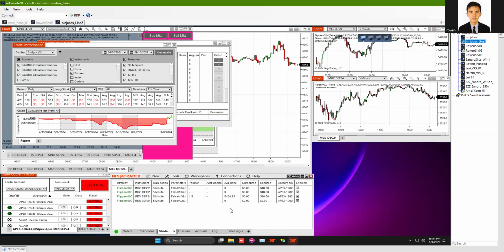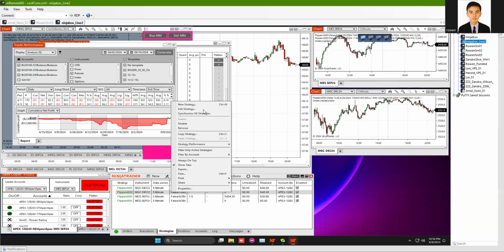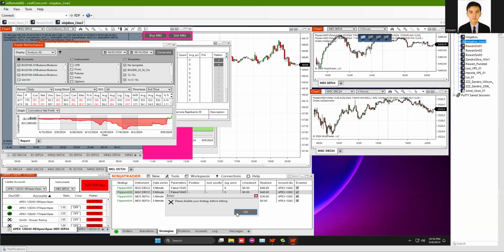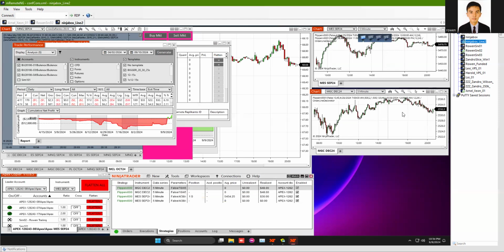I think there's some sort of problem here. Let me check this one. It's running, but somewhat not loading on the bots. Let me try to check this one. It's really there. Okay, it's activated. The other one, let me try it. Okay, it's still really there, but it's just not showing on the screen. Maybe it's some form of glitch in NinjaTrader. So that's how it looks.